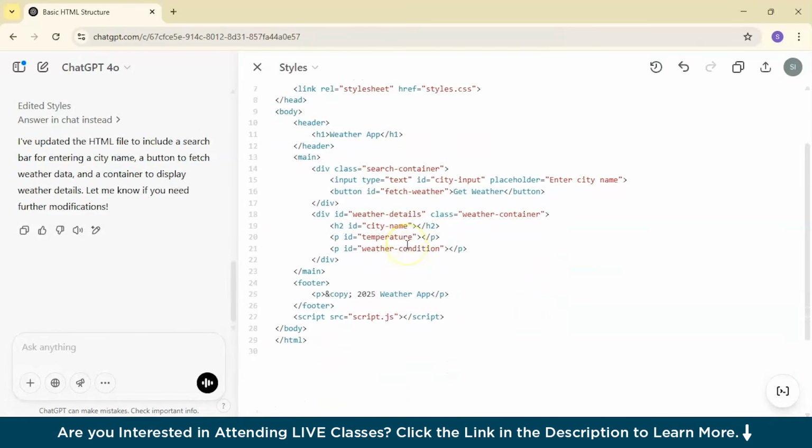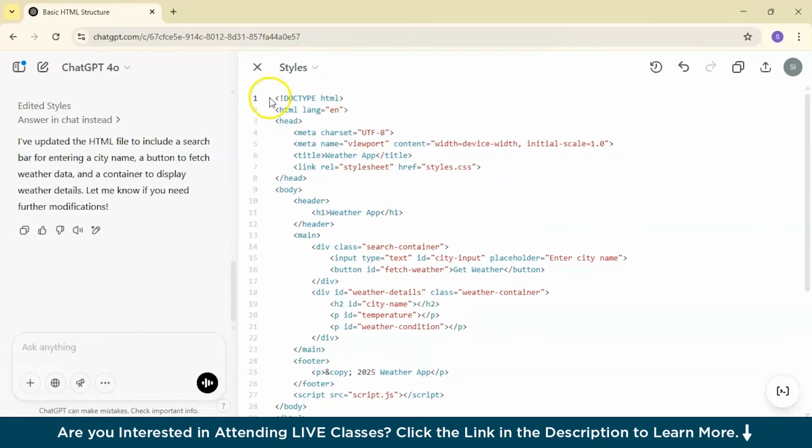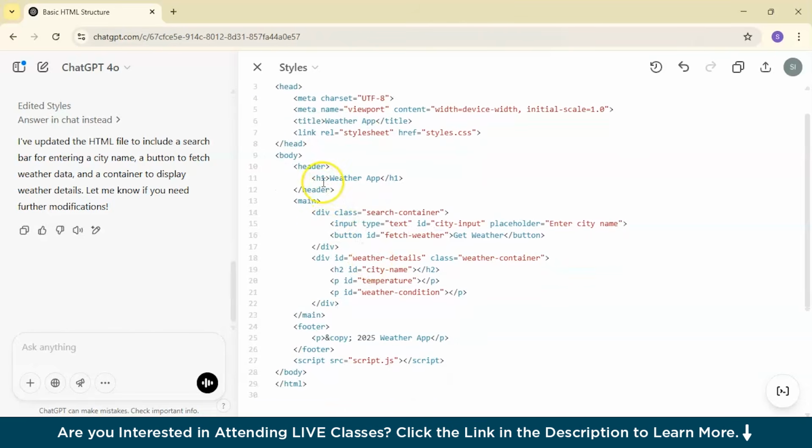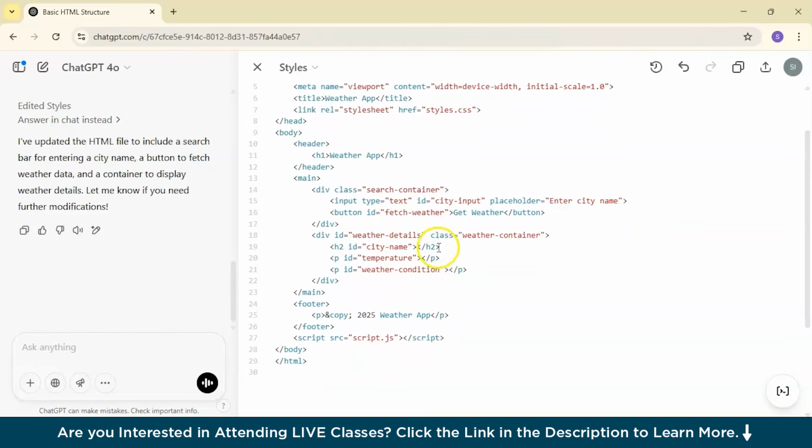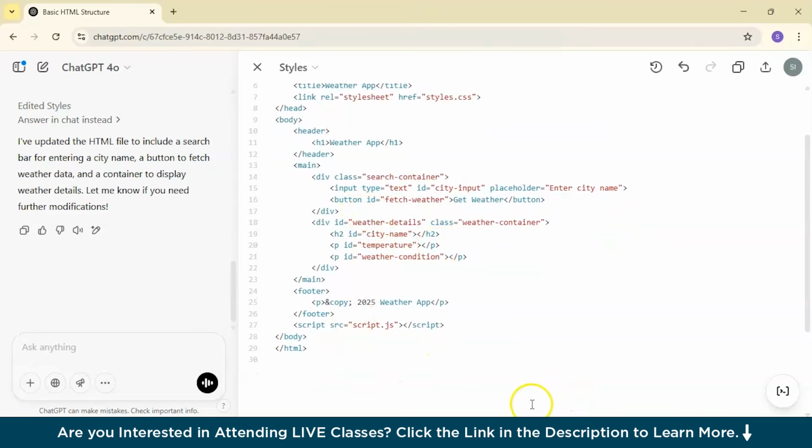So this is the HTML file, and it has already created the structure. I have not said that we are actually making a weather app, and it has already understood that it's a weather app. Then it has divided the classes. One is search container, input type is text, ID is city input, placeholder is enter city name, and everything. So we will first go to